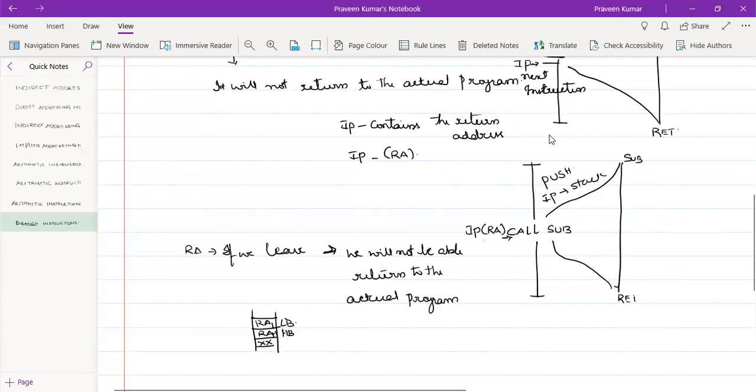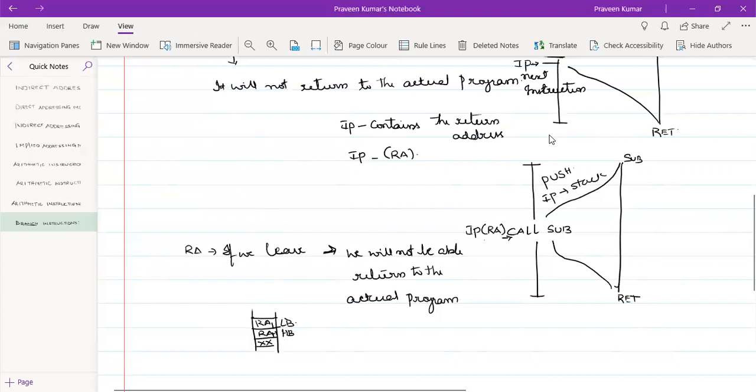Return says when we want to come back. So what does it not say? When we want to come back, but where to come back? Now, can we write the return address directly in the return instruction?